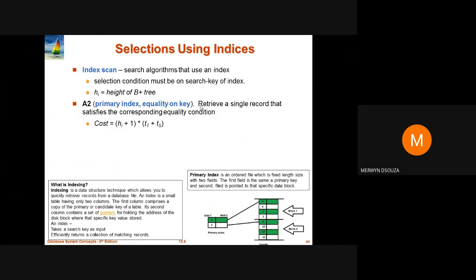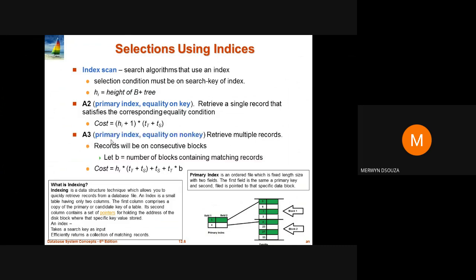In that case, we can retrieve a single record that satisfies the corresponding equality condition. Whatever record satisfies the equality condition I have mentioned, we can fetch. The cost for that will be (hi + 1) * (tt + ts). We have already discussed tt in the measures for query cost: tt is the time for the block transfer and ts is the time for the seek.